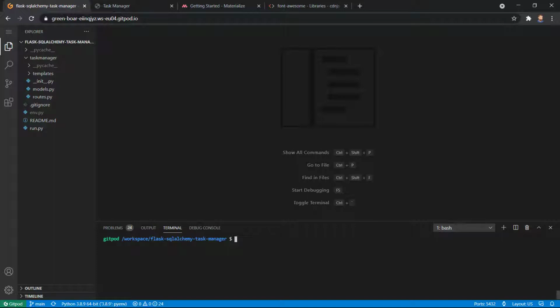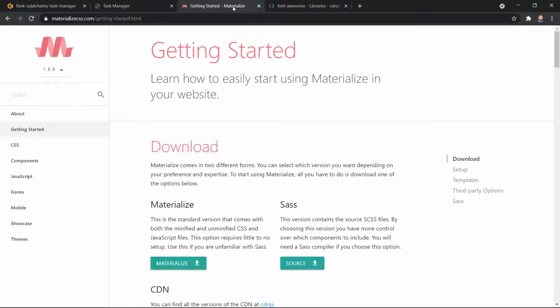identical across all pages. Also, in the introduction video, we discussed the use of a CSS framework called Materialize, which will be used throughout this project. This will allow us to make use of the responsive behaviors using the grid system, similar to Bootstrap, and various components to make our application more user-friendly.